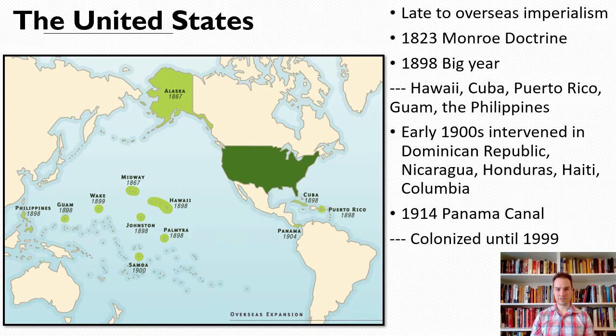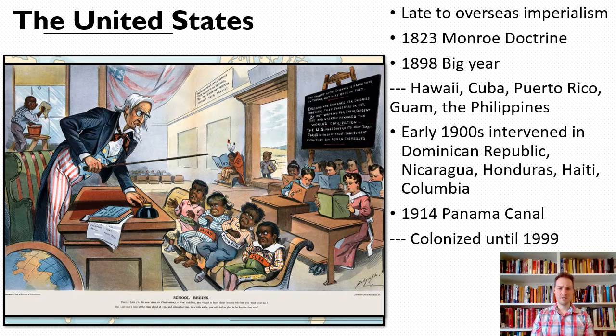So, pretty serious stuff. And people at the time were really conflicted about this. Some Americans thought it was a bad idea to get into the imperialist business. Other Americans loved it. Strangely, it was a little bit opposite to now. People on the left at this time, people who were more liberal, tended to be pro-imperialism. People on the right, people more conservative, tended to oppose imperialism. And this is opposite to now. People on the left tend to be really anti-imperialist, and people on the right tend to be a little bit more okay with the US flexing its power abroad.